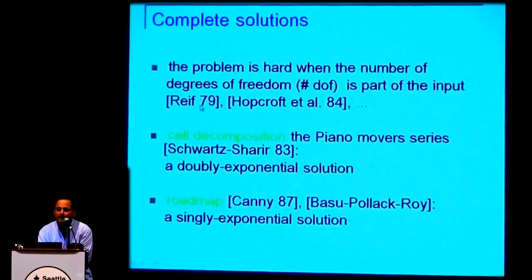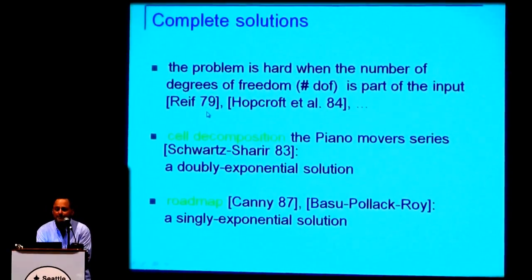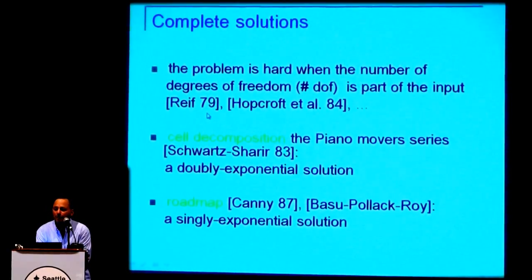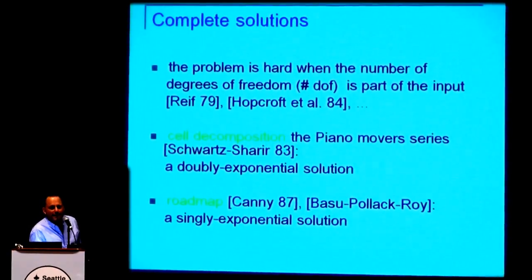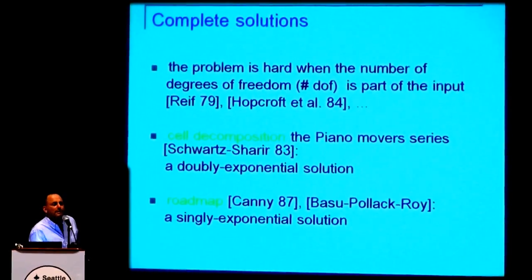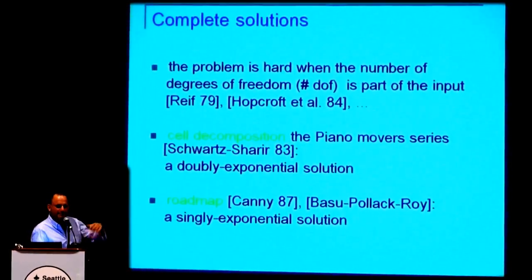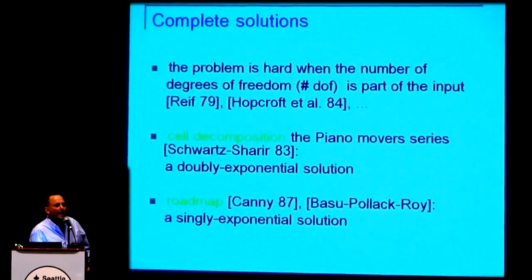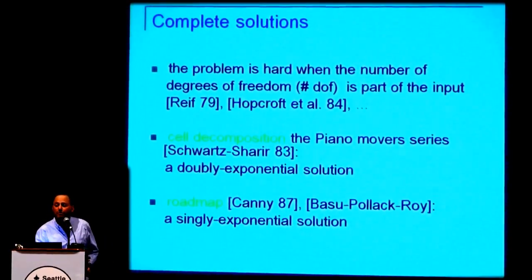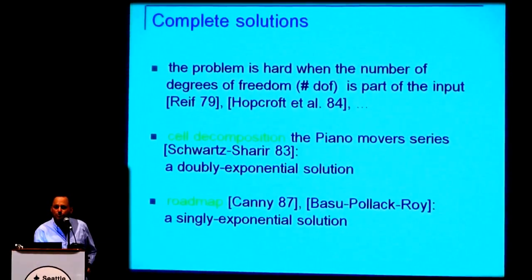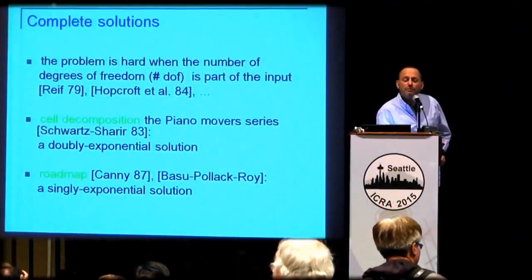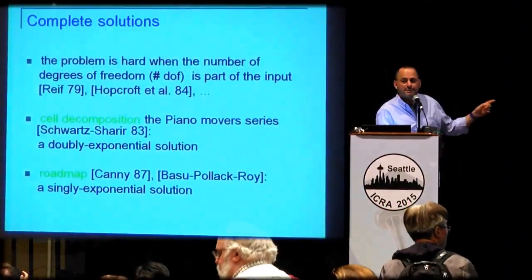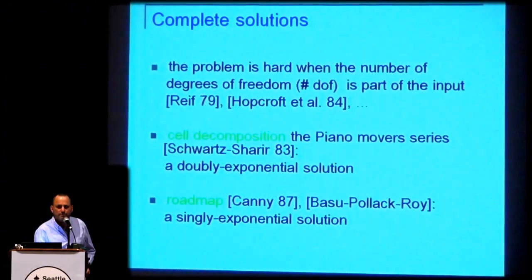So the early days had some rather dark forecast for motion planning because the first result showed that the problem is intractable. Again, you don't need to know complexity classes to follow my talk. When I say that the problem is hard in theoretical computer science lingo, I mean that it belongs to a large family of problems for which no efficient solution is known, and the best possible assumed for now is algorithms that run in time exponential, in this case exponential in the number of degrees of freedom.